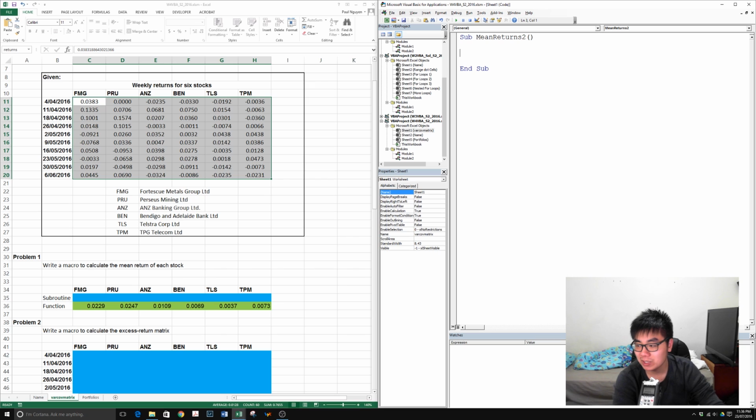Okay, now the subroutine basically has three parts. First of all, we need to input stuff, we need to calculate stuff, and then we need to output stuff. Now, you can actually do this separately, or you can do this all in one. I'm going to show you how to do this all in one because I believe that's the better